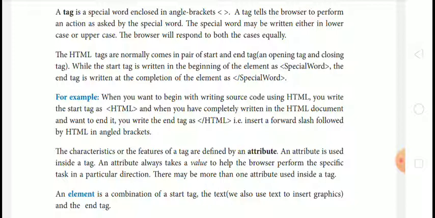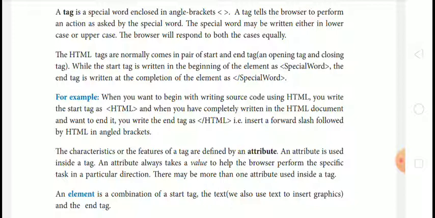The special word may be written either in lowercase or uppercase. Means you can write that special word, that tag, in uppercase or in lowercase. The browser will respond to both cases equally.